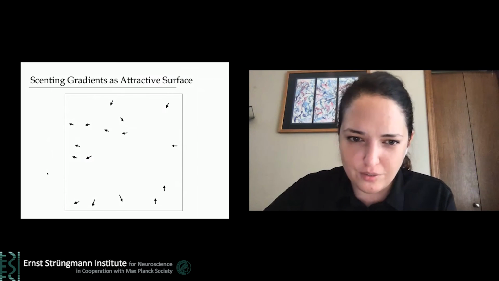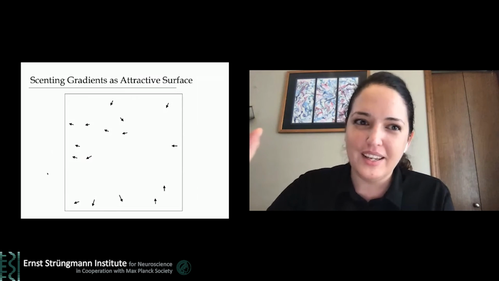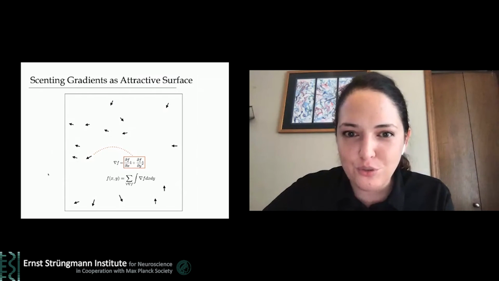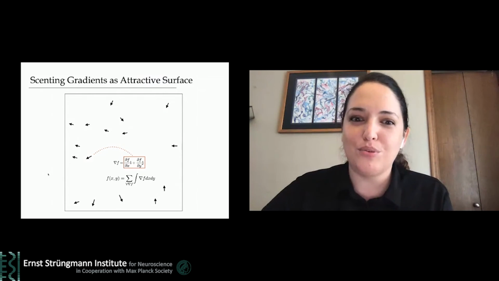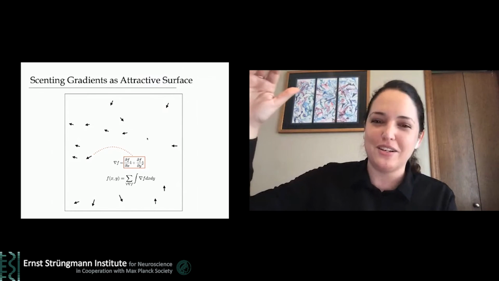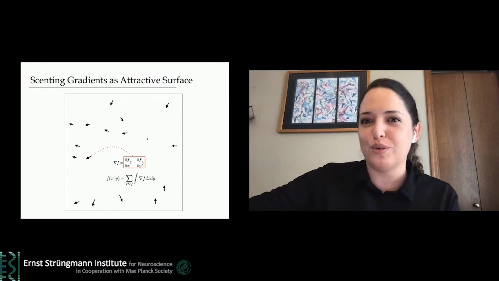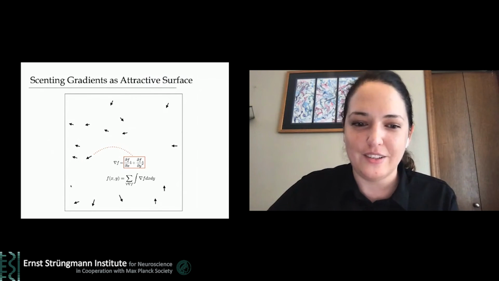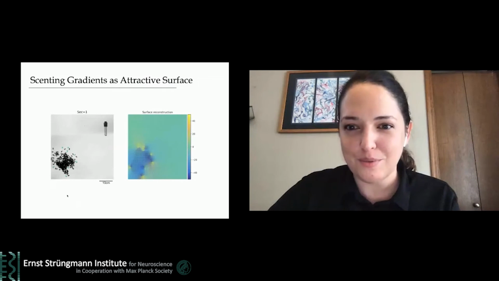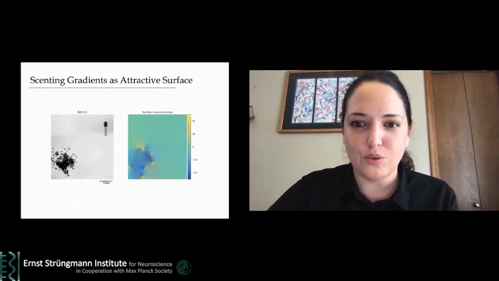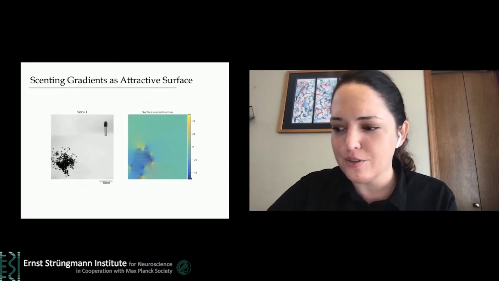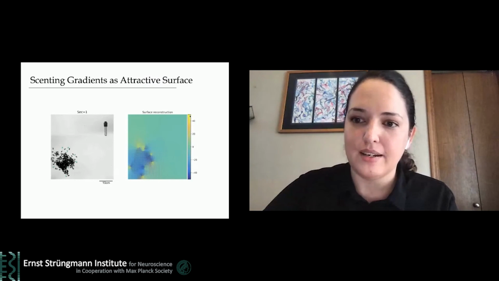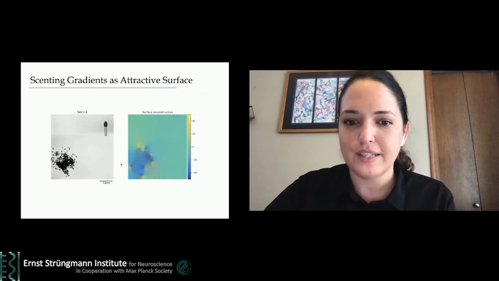If we take all of these arrows and treat them as local gradients on a higher dimensional surface, and we do this surface reconstruction, then potentially high areas on the surface should correspond to where the queen is. And the rest of the bees would sort of climb up the surface. So here is an example of this surface reconstruction for one of the experiments. The color scheme is blue for low values,